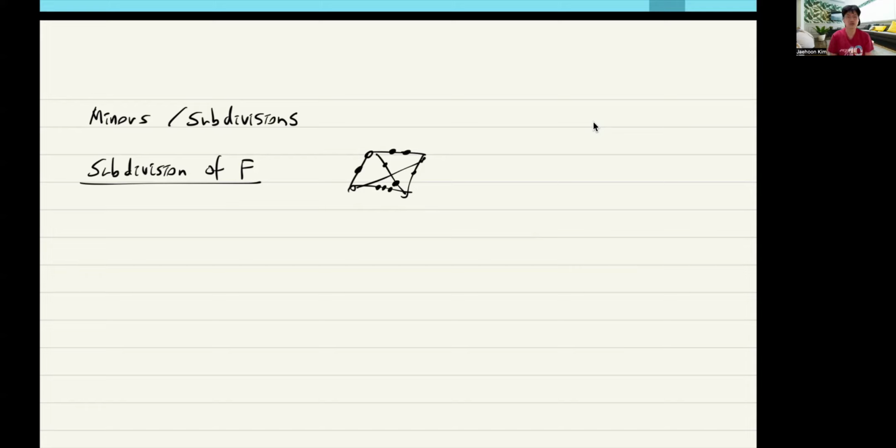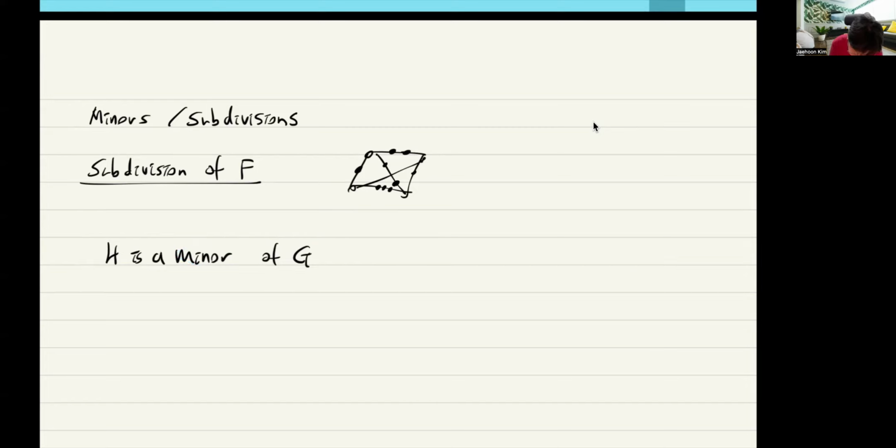Then the result is a subdivision of F, or we say this is an F subdivision. And a minor of G